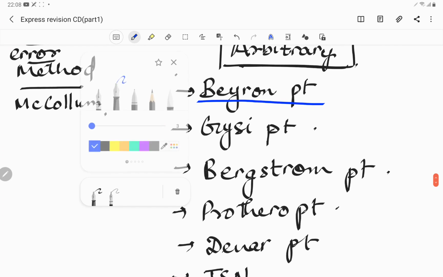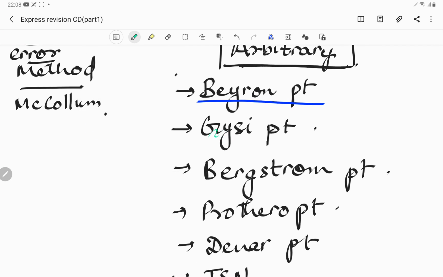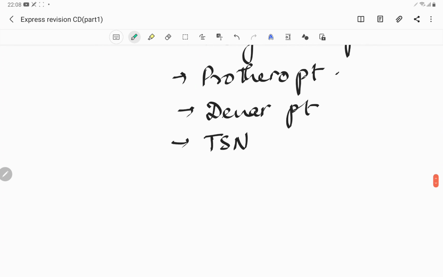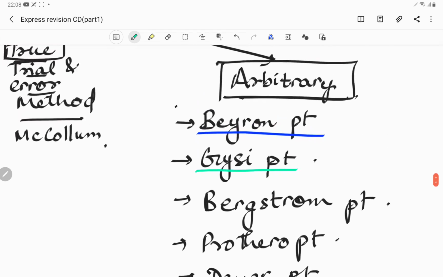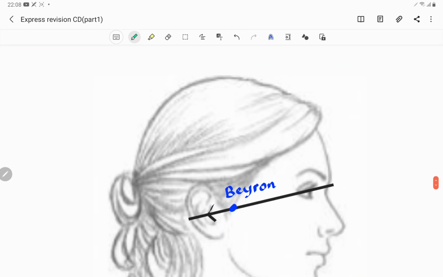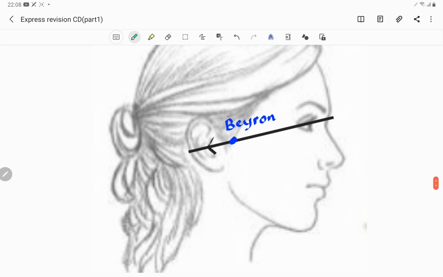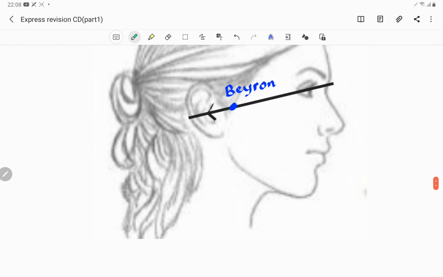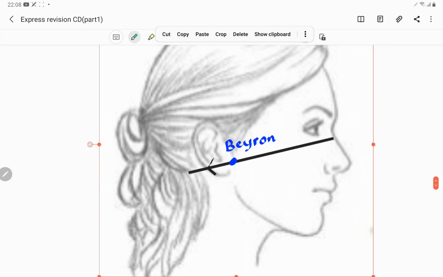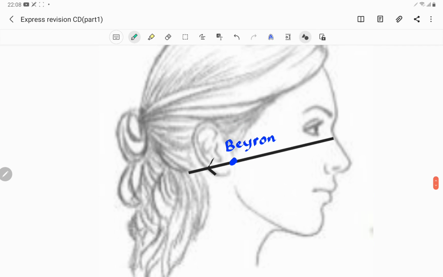Right. Next, talking about the second point, the next one is our Gysi point. Right. So the Gysi point is the most commonly used point. For the Gysi point, we have to mark from the anterior margin of the external acoustic meatus. So we have to go from the external acoustic meatus up till the,